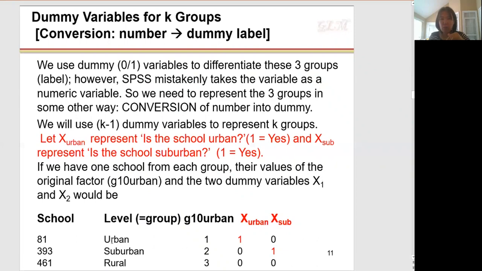So when you see the G10 urban variable, you will see urban was coded 1. But now you're going to have two different dummy variables in the dataset, and when you create two different dummy variables, you can make the names like urban X, suburban X,